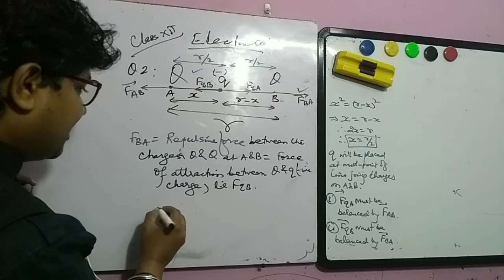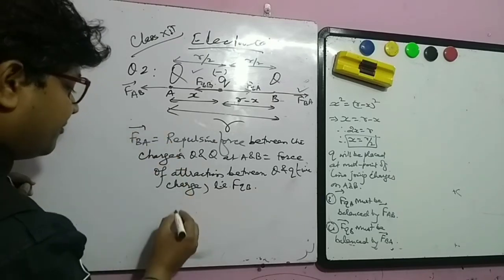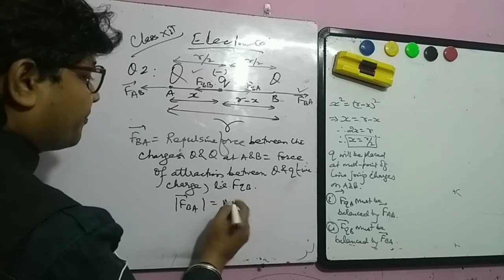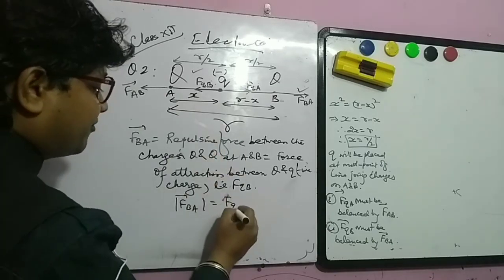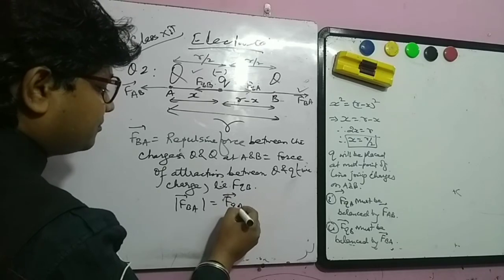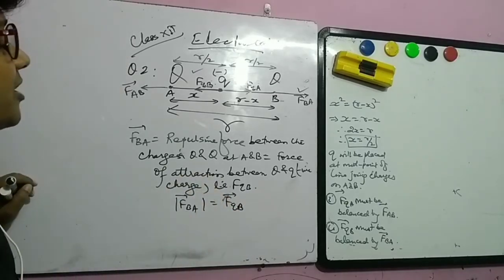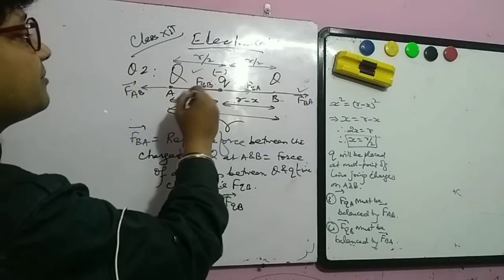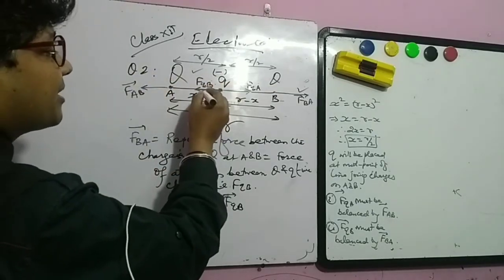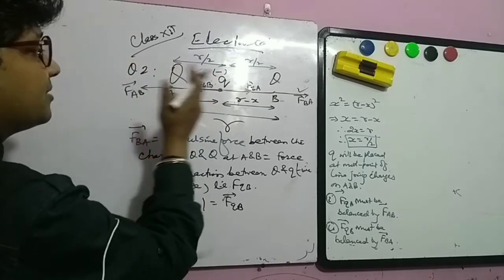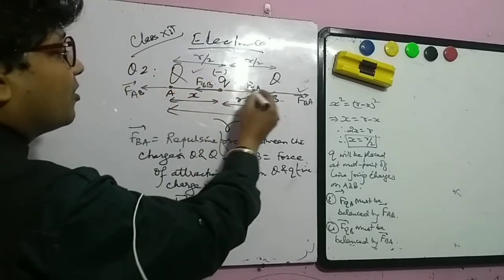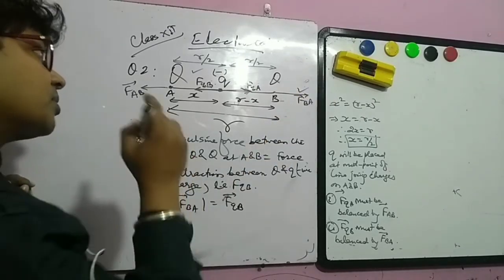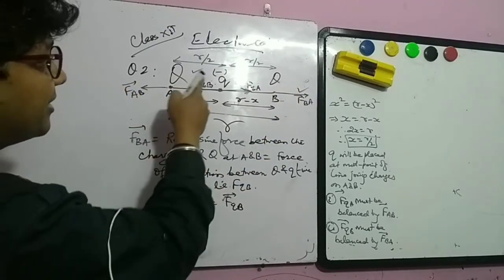तो what is FBA? If we are talking about FBA, अगर हम FBA मैग्नीट्यूड की बात करें, और हम FQB की बात करें, ठीक है. सो क्या होना चाहिए, अगर ये निगेटिव चार्ज आएगा तो ये अब हमारा क्या हो जाएगा, ये अट्रैक्ट करेगा इस तरफ, और ये हमारा अट्रैक्ट करेगा इस तरफ, ये अट्रैक्टिव फोर्स हो जाएंगे, ठीक है. तो हम क्या लिख सकते हैं यहाँ पर, now this is attractive force.